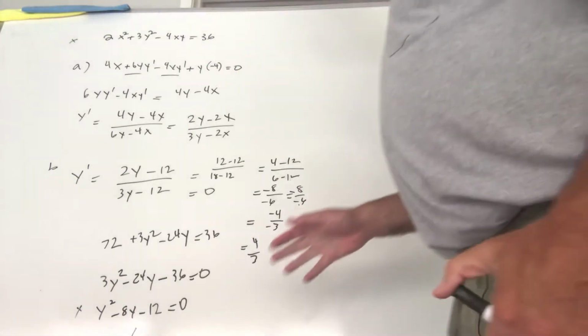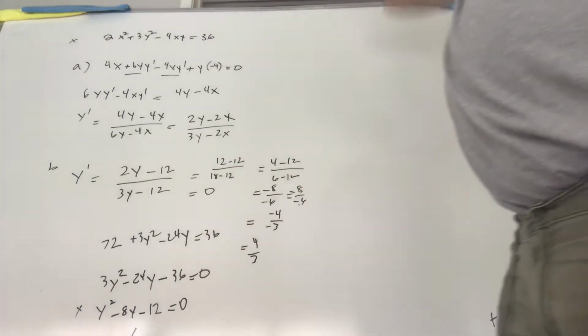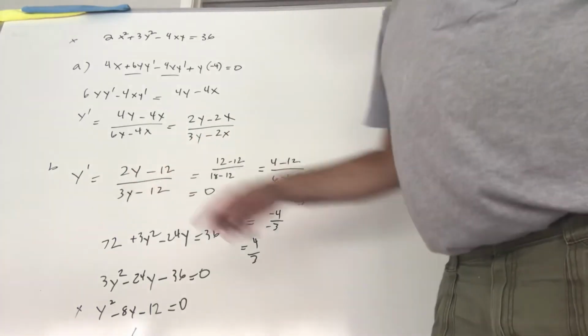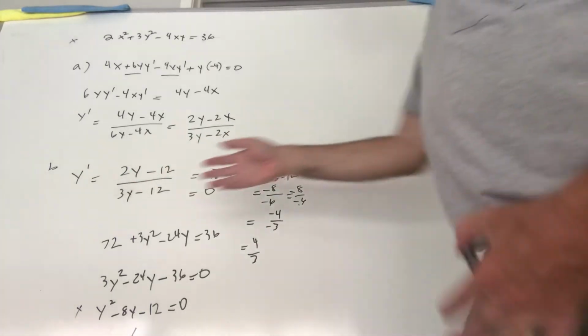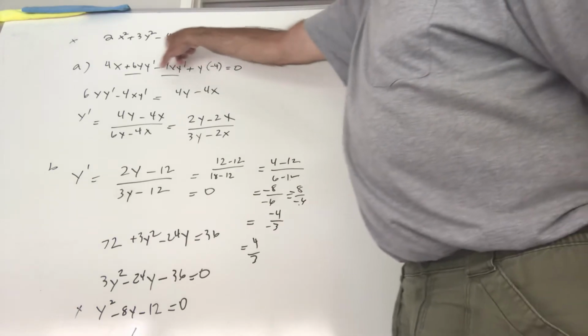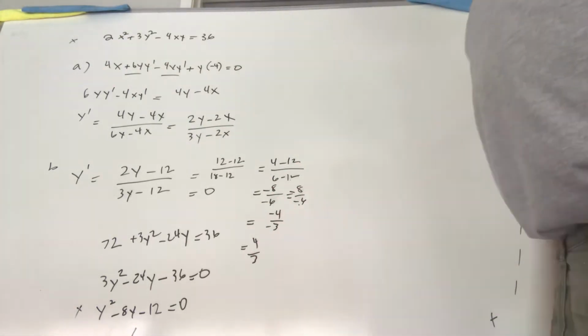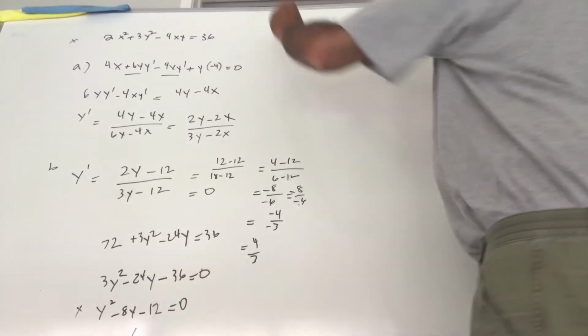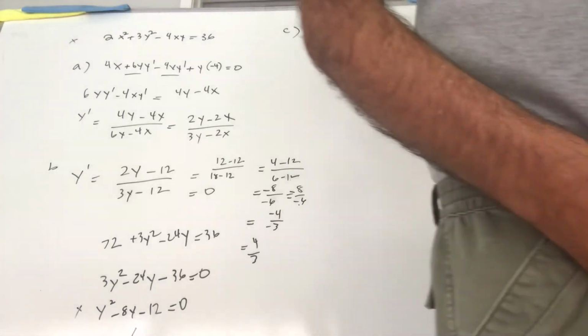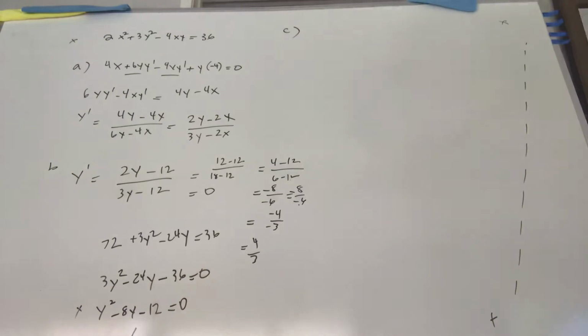But again, on the B question, the trick there is it's not so hard to put the 6 in for y. It's just that, well, if y is 6, how do I know what x is? You've got to put the 6 back in the original equation and do the algebra to grind that out. And then don't make mistakes like I did in that one. And then the C question,